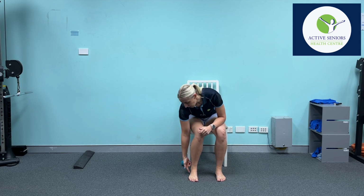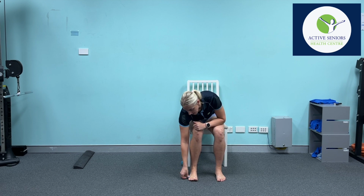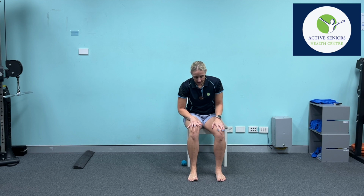I'll show you in a seated position, but we want to keep our heel on the ground. We want to keep the little bump outside at the base of our 5th toe on the ground. And we also want to keep the bump underneath the big toe on the ground. So with those points anchored, what we're going to do is we're going to lift the toes up. We're going to spread them as wide as we can, and then we're going to place them back down on